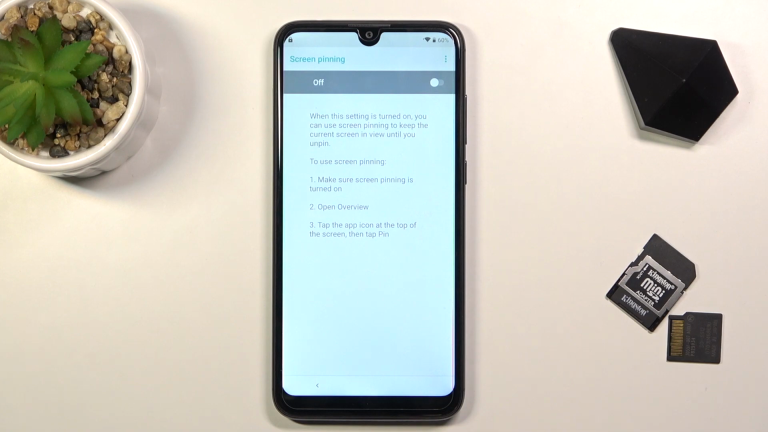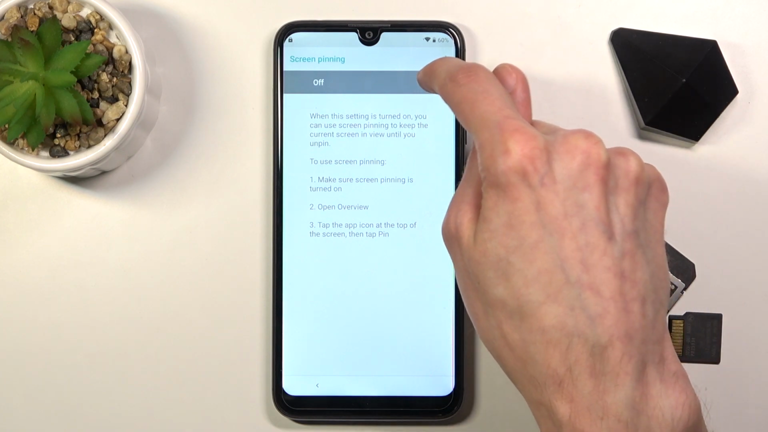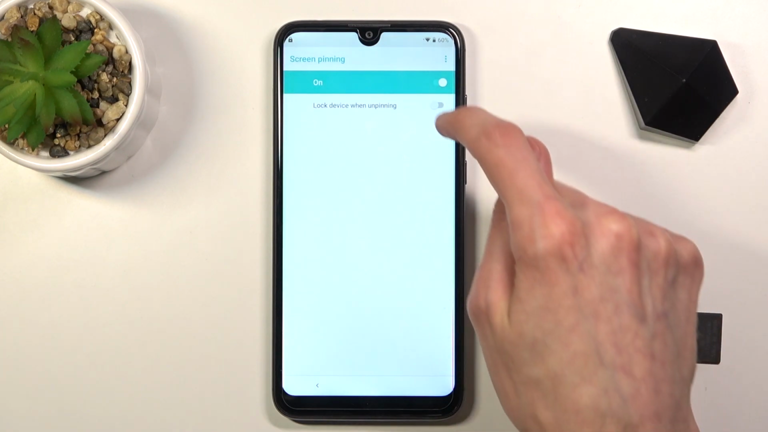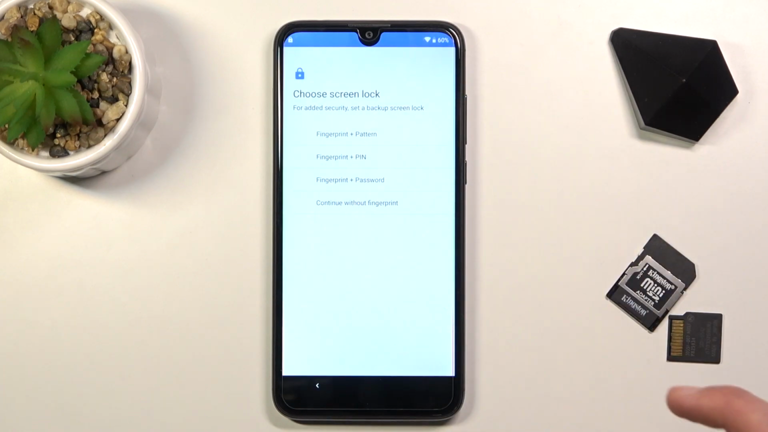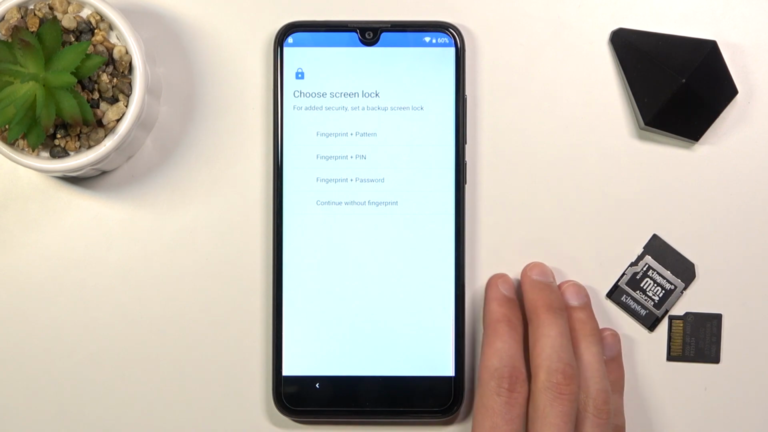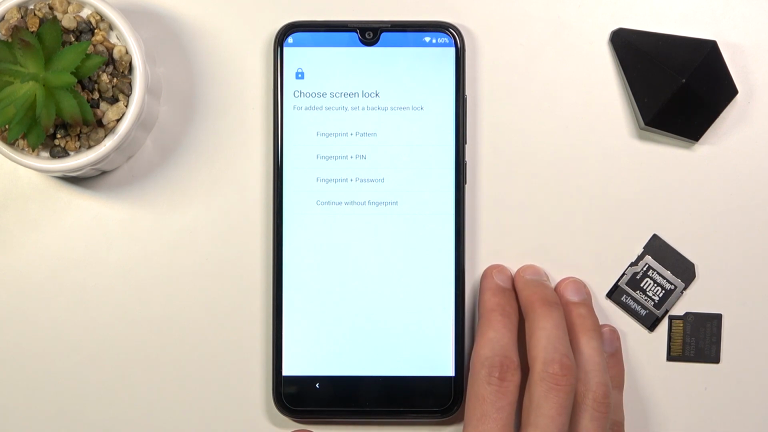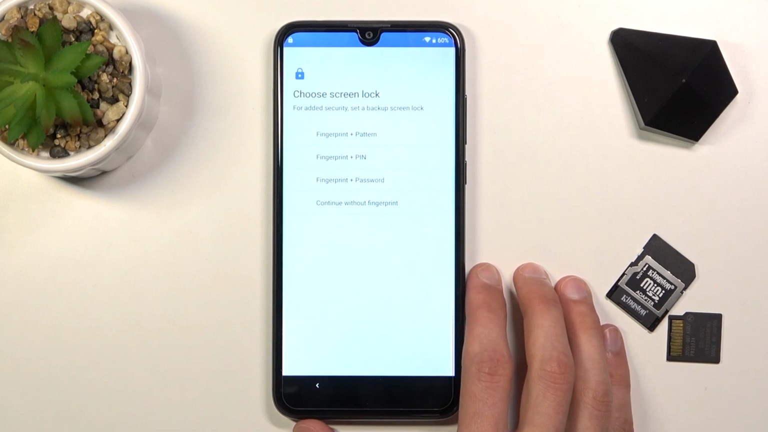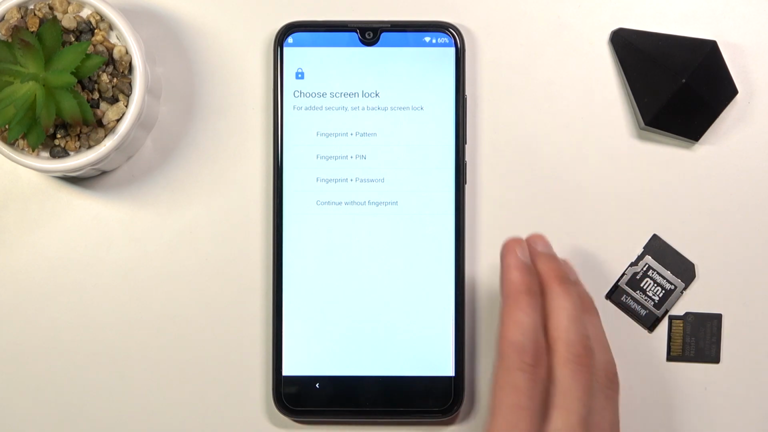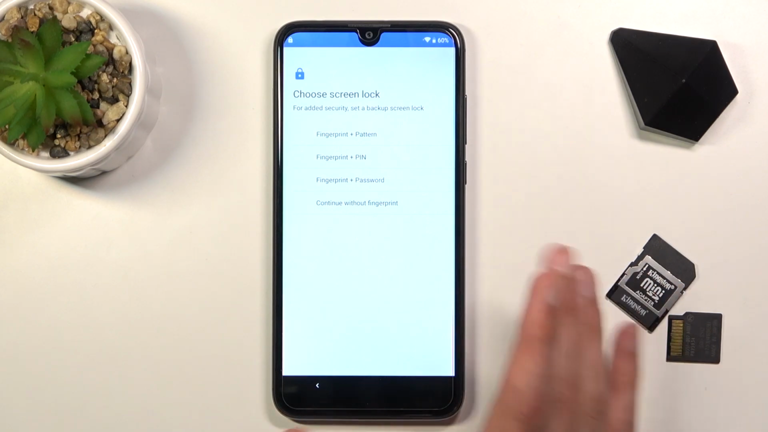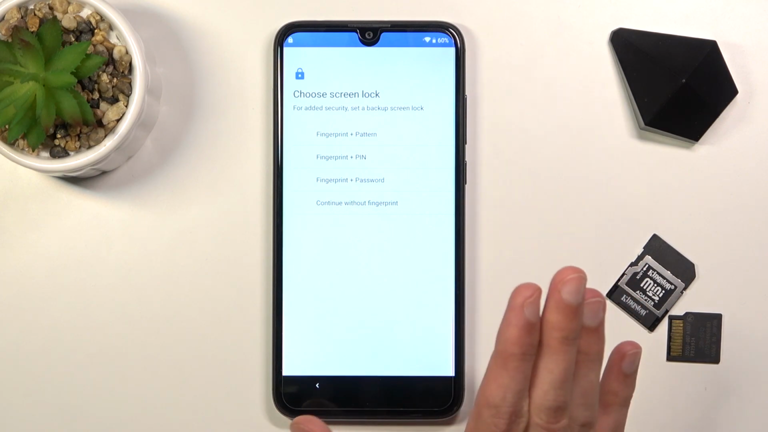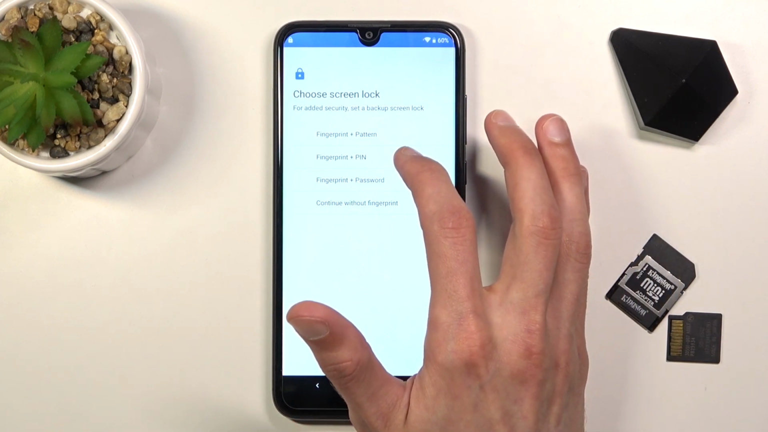Select this one, and then enable it, and also enable lock device when unpinning, and this will bring up the option for you to set up a lock screen. Now, I don't know if you've seen this, you can go back to the beginning of the video and check it out, but the way I was able to verify the previous user or account was using the pattern or Google account. So just to keep it completely different, I'm gonna select something entirely different, a pin instead of a